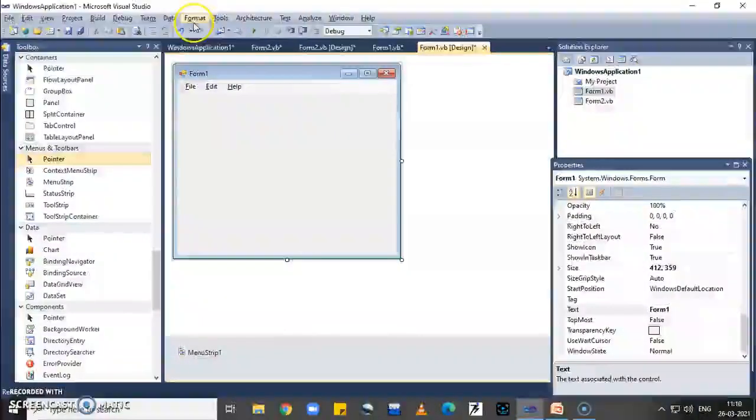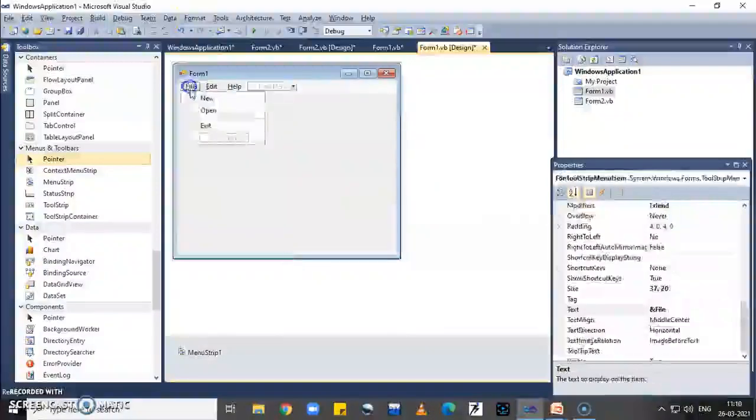Now we can see that in our IDE, here F is assigned to access key for file menu. So again we cannot place the same access key for other menu item. So here we can see that in format menu O is selected for access key. So we can place the Alt O for opening the format menu. So ampersand is placed here before the O.